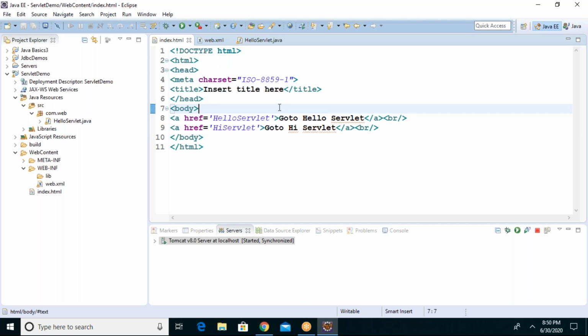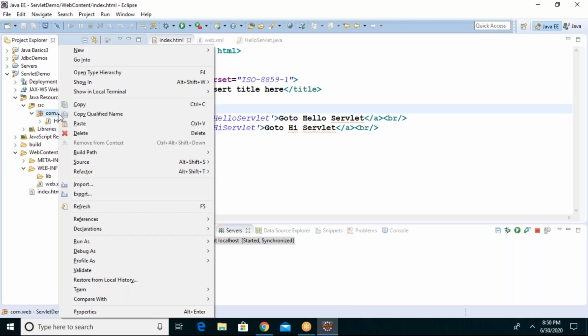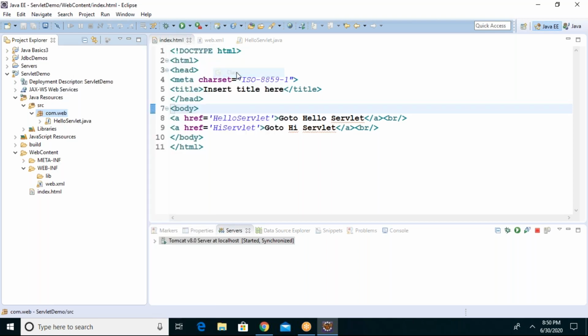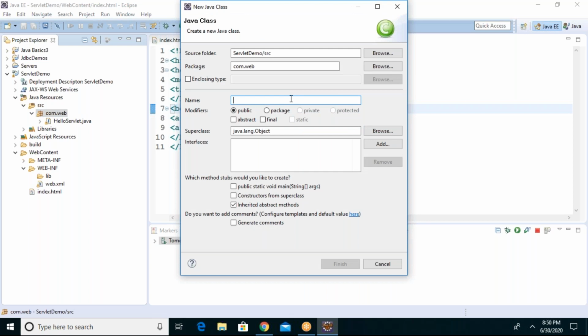Create a class called Hi Servlet. Yes, I will create one more. Right click on the page, New, class. What is the class? Hi servlet.